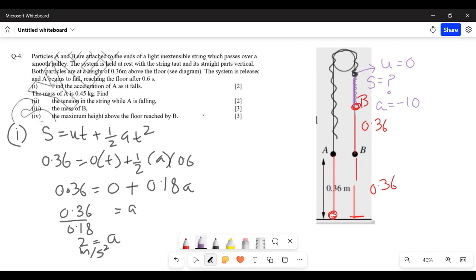अच्छा, अब हमें एक और पैरामीटर चाहिए ताकि हम s निकाल सकें, और वो पैरामीटर क्या हो सकता है? इनिशियल स्पीड। ठीक है, इधर की इनिशियल स्पीड, तो मैं उसको u कह रही हूँ, और ऊपर वाले को v कह रही हूँ। v फाइनल स्पीड है, वो 0 हो गई। अब मुझे B की इनिशियल स्पीड चाहिए जो इस पॉइंट पे थी। अब यहाँ पे जब B था, तब तक जो स्ट्रिंग था वो टॉट ही था। तो इसका मतलब है जो A की स्पीड आएगी राइट बिफोर इट हिट्स द ग्राउंड, वो ही B की स्पीड होगी एट दिस पॉइंट। तो यहाँ पे हमें काफी सारे पैरामीटर्स पता थे, उससे हम A की फाइनल स्पीड निकाल लेते हैं और वो ऊपर जाके B के साथ लिख देंगे।